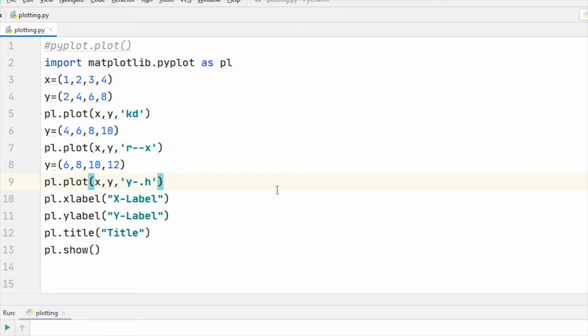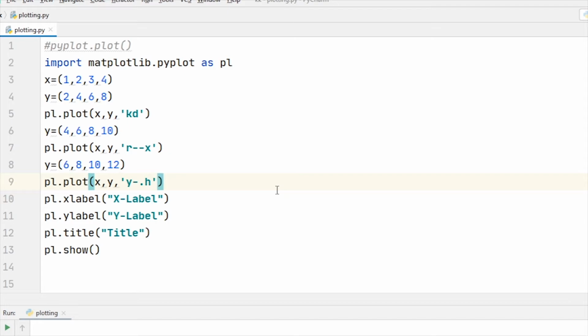Let us now move to bar charts. The bar function of the pyplot module is used to plot bar charts. The bar function takes two lists as parameters. The first list describes the labels across the X axis, and the second list describes the height of the bars according to the labels. The first list contains strings or numbers, but the second list must contain numbers only.